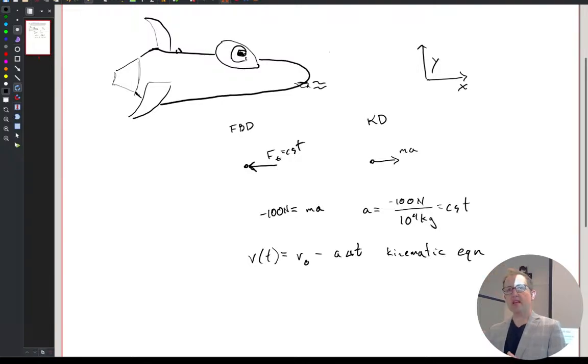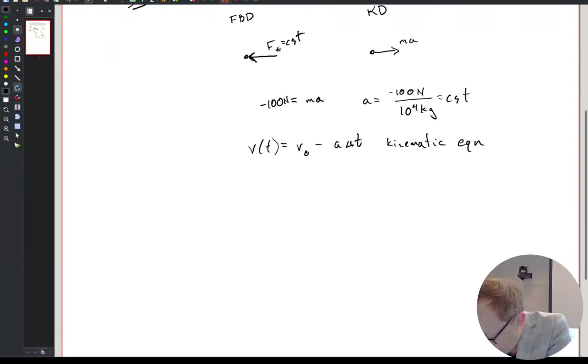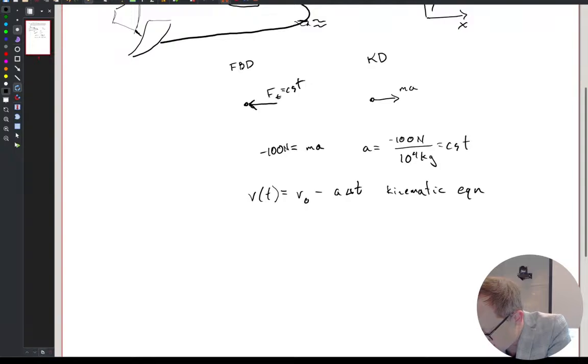So in this case, we're going through two or three steps, right? Figure out the free body diagram, kinetic diagram, find A. Is it constant? Okay, it's constant. Now integrate the equation, which we already have, the kinematic equation integration there. But another way is